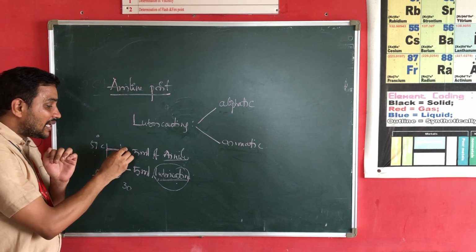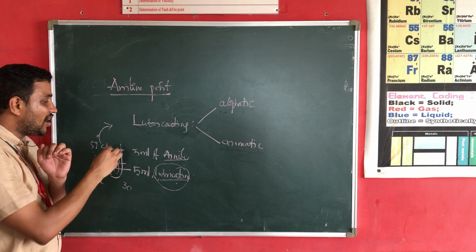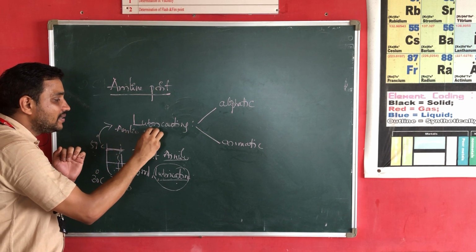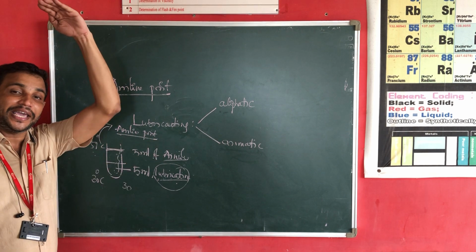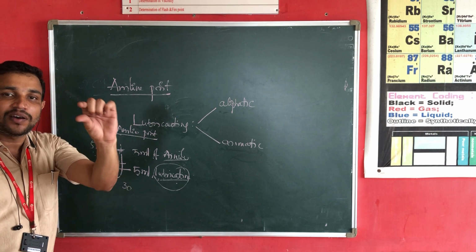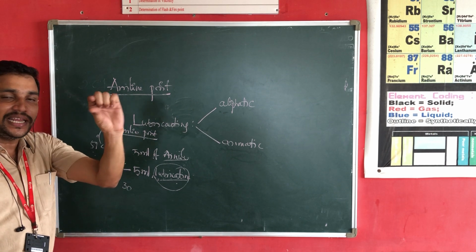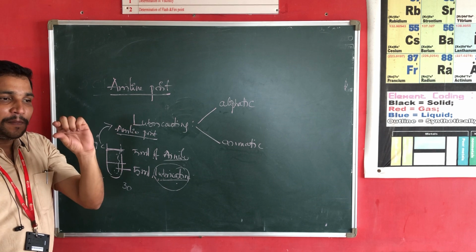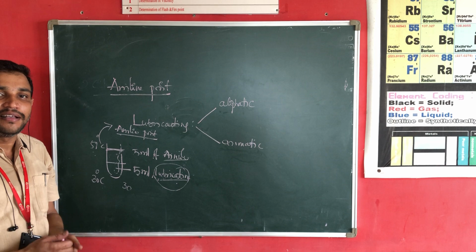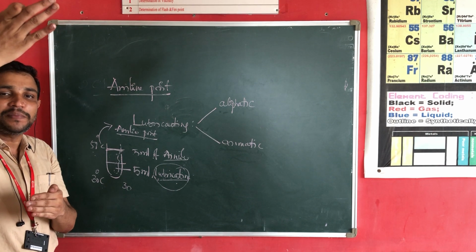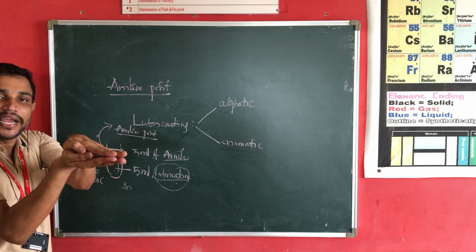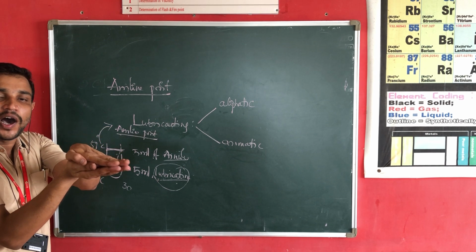Okay, so here the temperature is called the aniline point. Here the aniline point is high. A high temperature is required to make equal quantities, 5 ml of aniline and lubricating oil, miscible. If the temperature is high, the aniline point is high. When the aniline point is high, that means the temperature required to make 5 ml of lubricating oil miscible with 5 ml of aniline is also high.